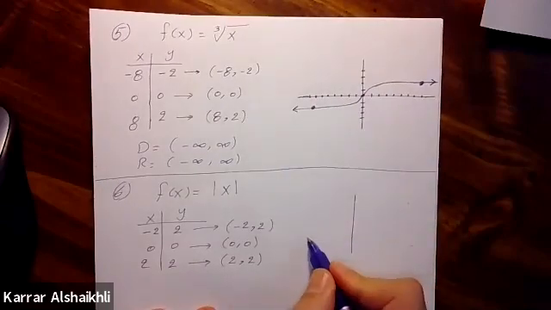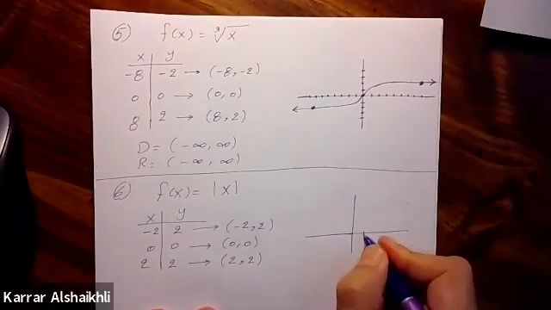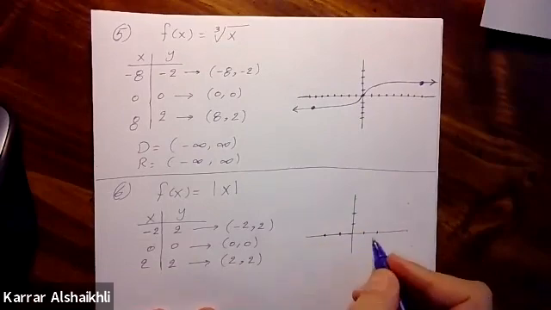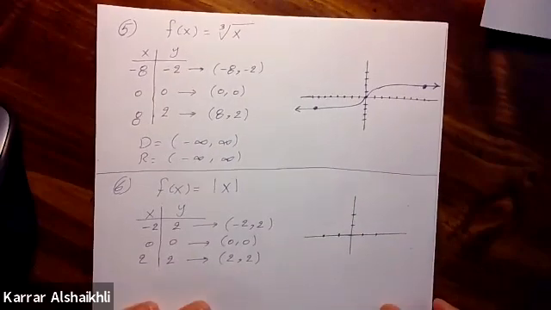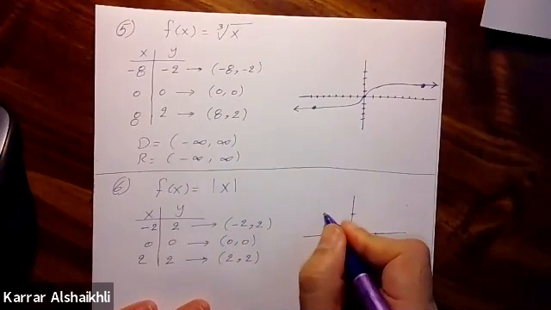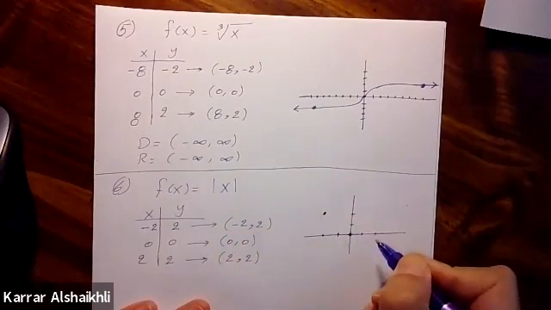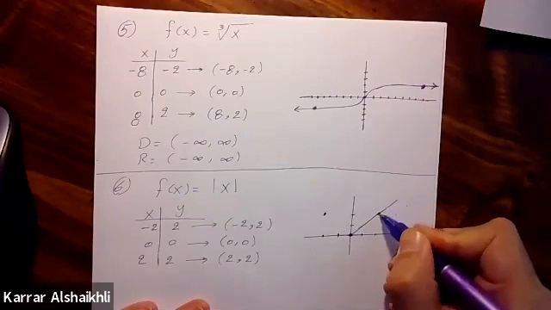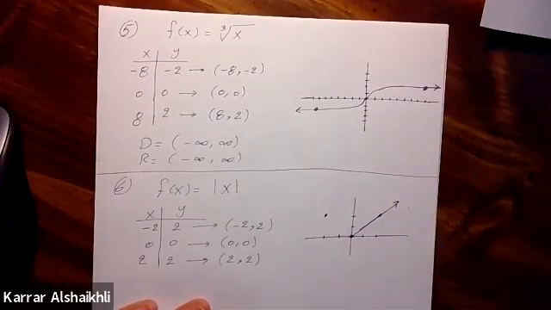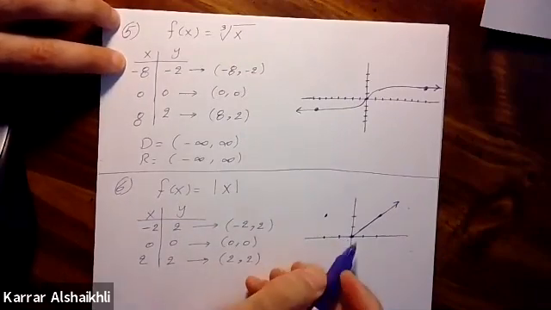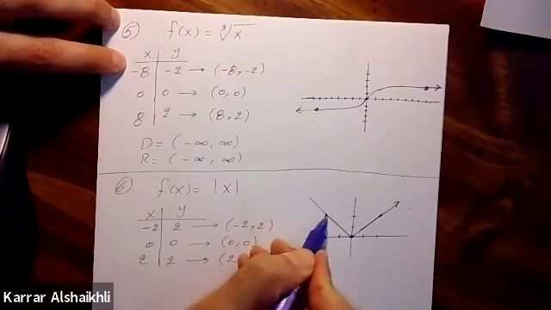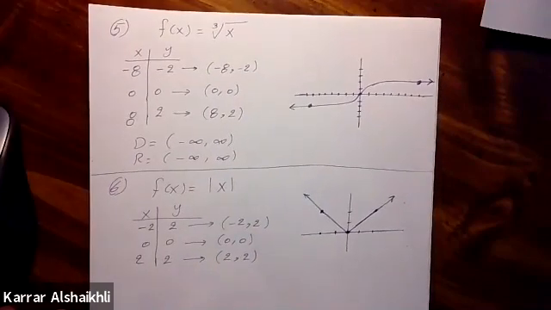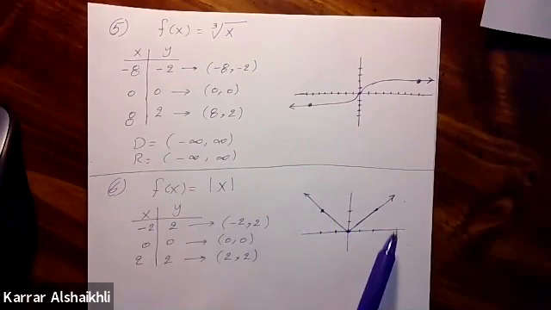So the graph of the absolute value of x is going to be 1, 2, 1, 2, and 1, 2. -2 and 2 is going to be here. And 0, 0 here. And 2 and 2 is going to be here. So the graph for this function is going to look like the letter V, like this. And from this side also. So you have to know the graph of absolute value of x looks like the letter V,